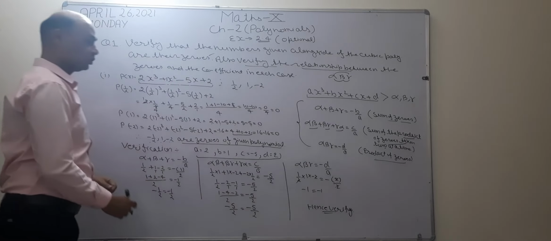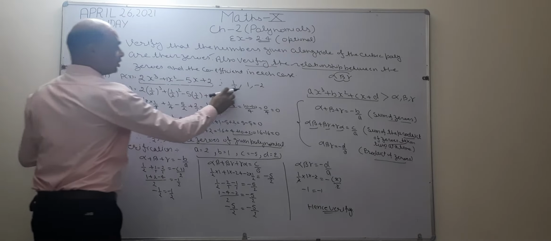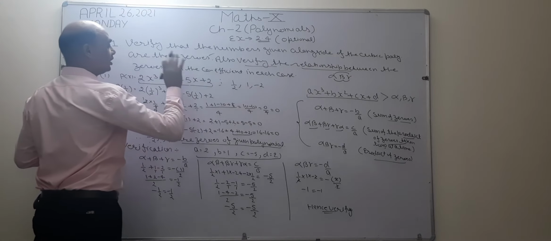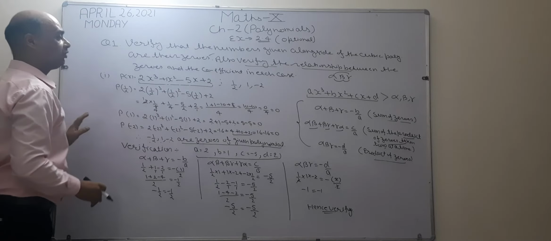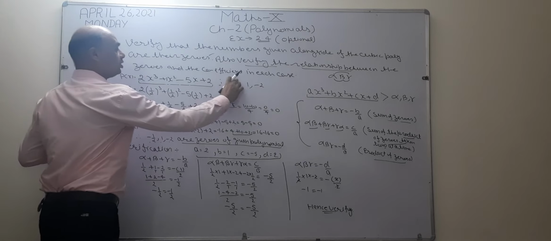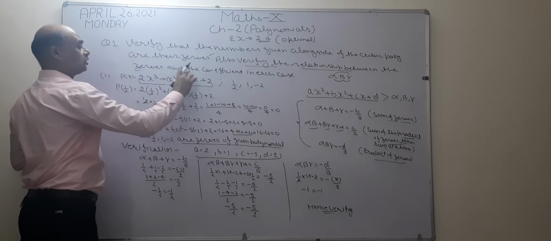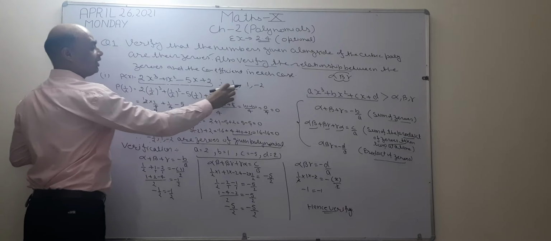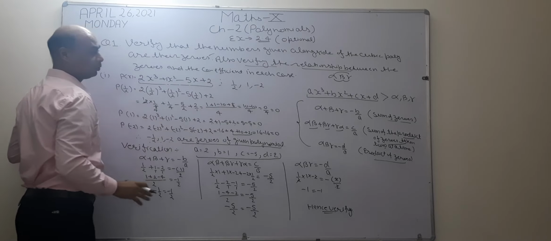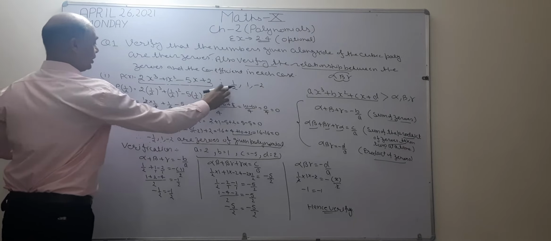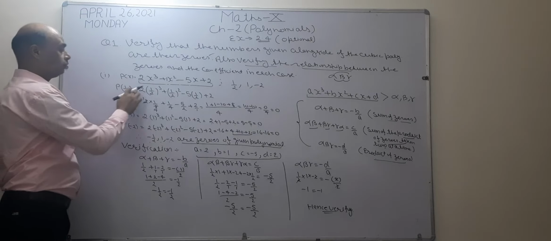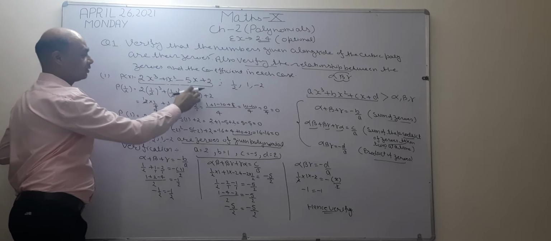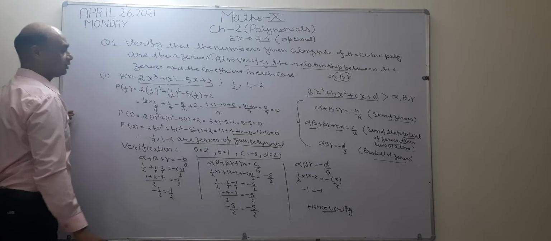Now, I am going to start this question. See, these three zeros are given. We have to check whether these three are the zeros of the given polynomial or not. How do we check? I substitute this value in the polynomial. After substituting the value of 1 by 2 for x, if the polynomial becomes 0, then it is a zero of the given polynomial. Now see, how we check: instead of x, I write 1 by 2. Similarly, x becomes 1 by 2 in its cube, in its square, and in the linear term. And the last term is the same.